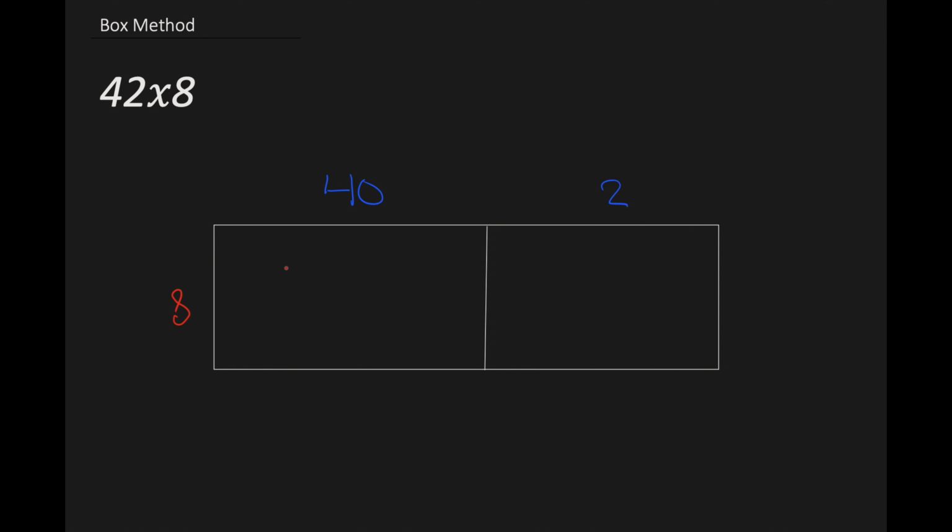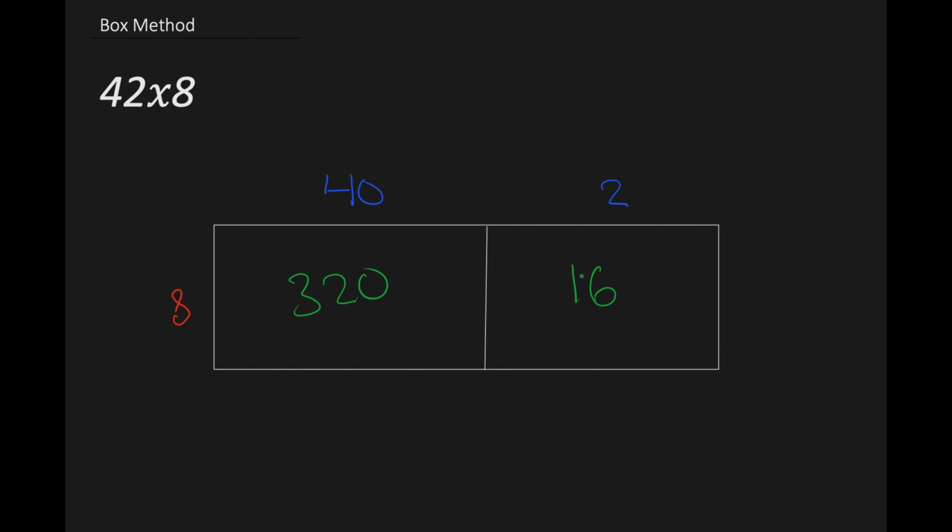What we're going to do, we're just going to do this simply. We all know how to do single digit by multiples of 10. That's simple, or it should be. 8 times 40, 320. And of course, if this is too hard, that's okay. You can always just use the standard method later. But this is just a different way. 8 times 40 is 320. And then 8 times 2 is